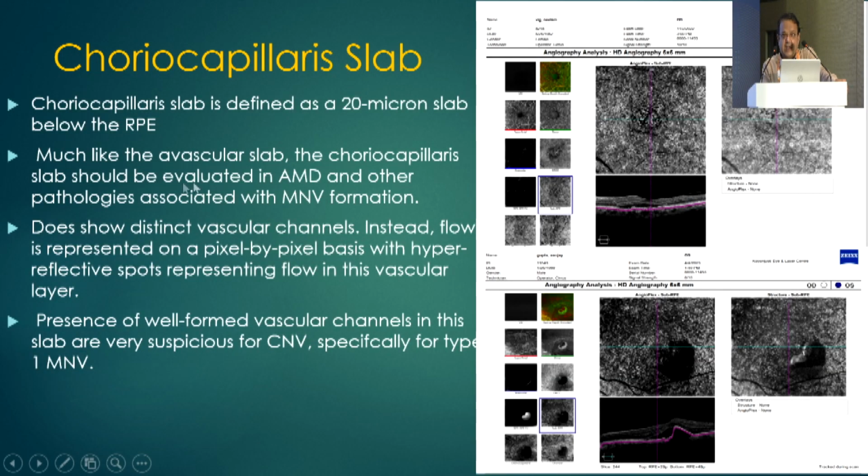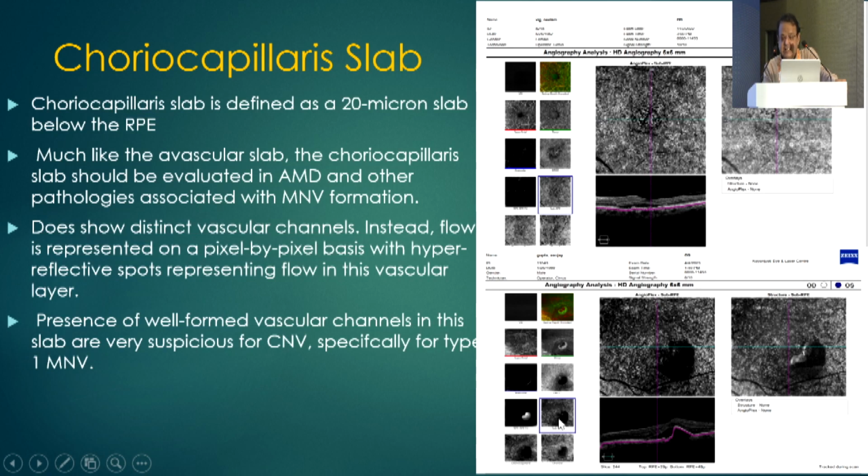Coming to the choriocapillary slab, it is defined as 20 microns below the retinal pigment epithelium. Much like the avascular slab, the choriocapillary slab should be evaluated in AMD and other pathologies associated with MNV formation. In the choriocapillary slab, you won't see the vessel, you will see voxels. And in this patient, what you can see here is a CNV, and there is also one slab called